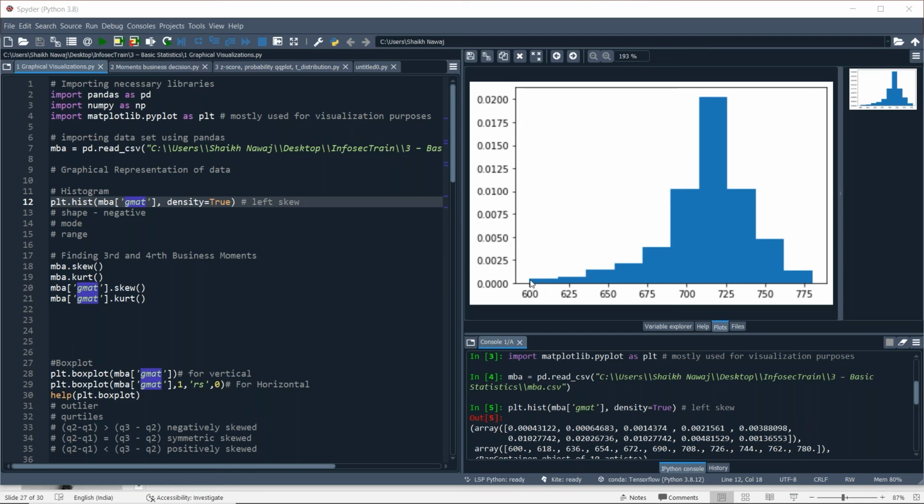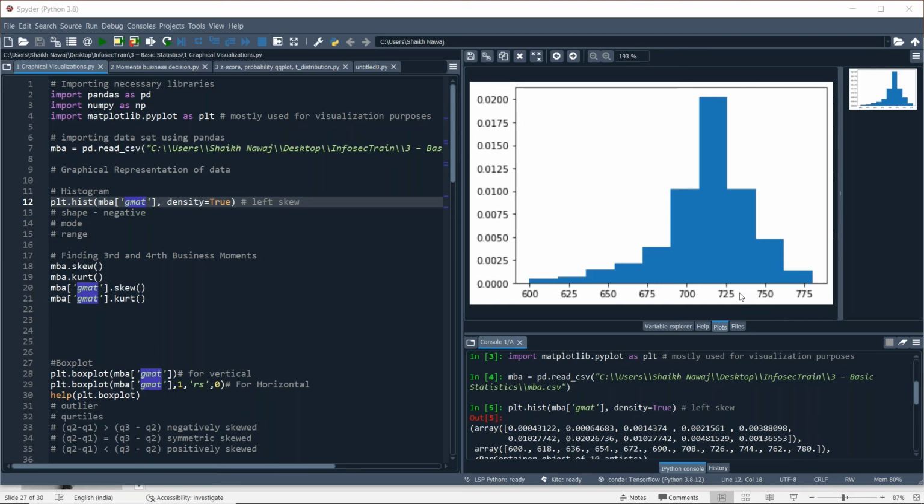Then from the histogram you can calculate the range. The maximum value is 780 and the minimum value is 600, so the range is 780 minus 600, which means 180 is the range.